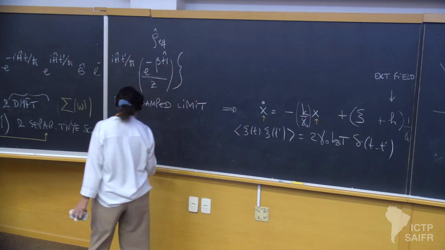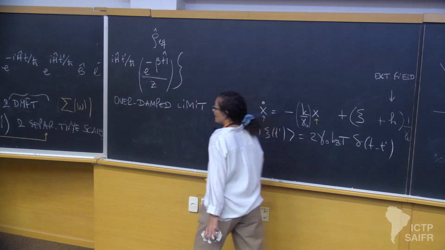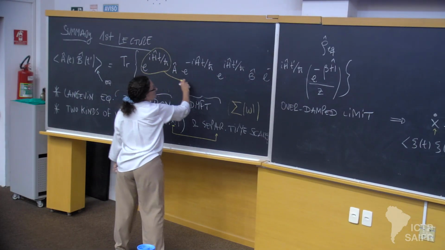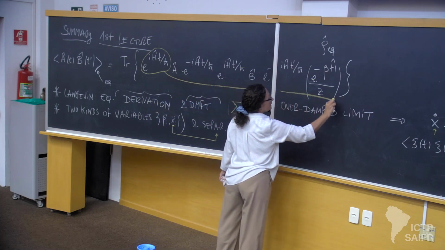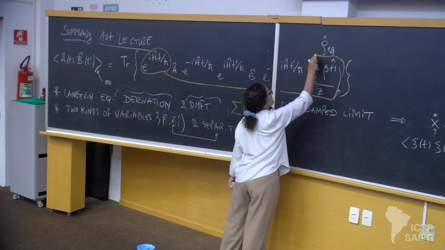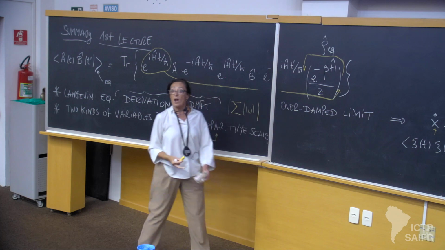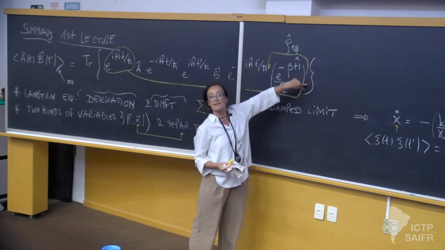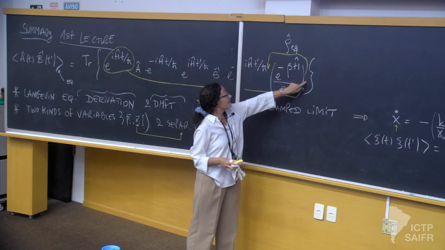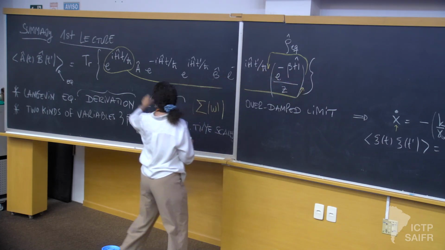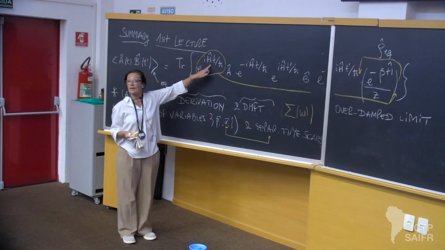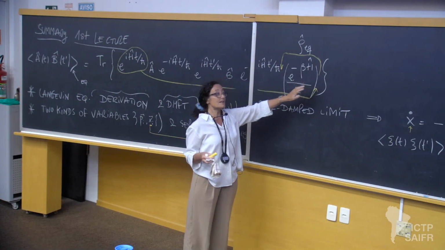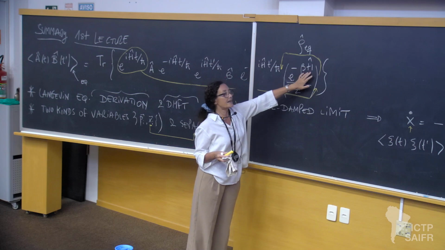Now notice that because of the trace, I can move this here, and then I can move it here. Why so? The first is because of the trace, which is cyclic, remember. And the second one is because the h which is here is the same as the h which is there, so they commute. This is a necessary condition: that you have equilibrium with a given h and that you evolve